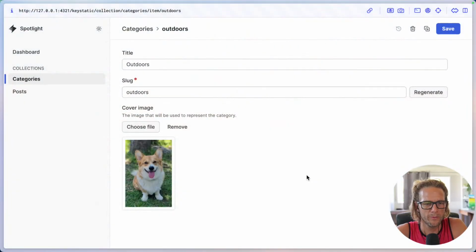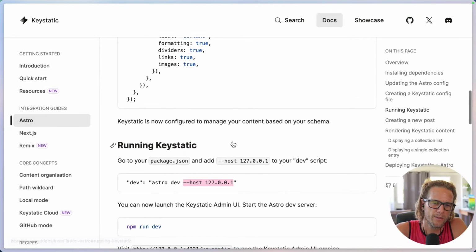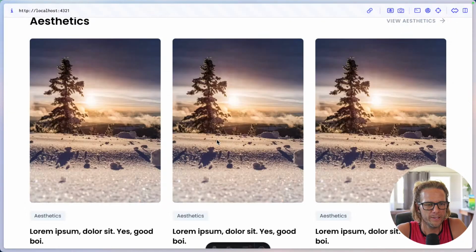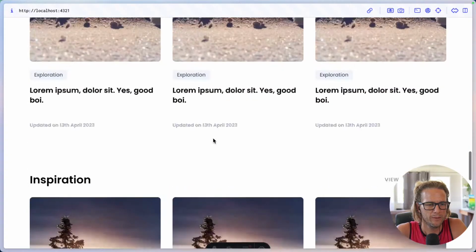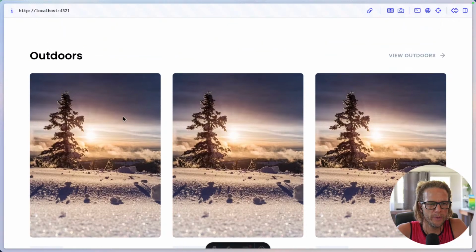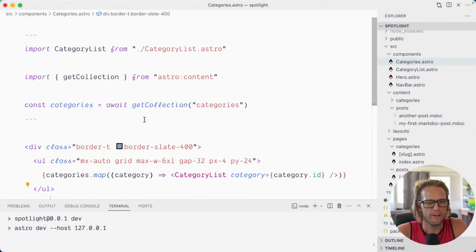So now I've created one more. Did I save it? I don't know. I think I did. So now we've created a new outdoors category. So if I look at the site, there should be an outdoors category as well. And we're going to change this to make it display the actual post. This is not the category image. These are the posts within this category. So there's only 2 posts in the whole site. So changing that is going to make our